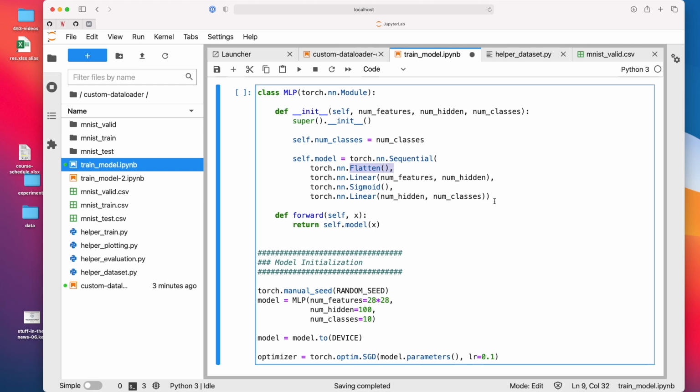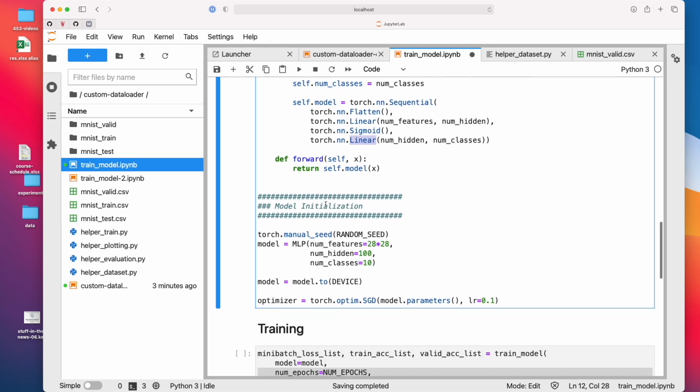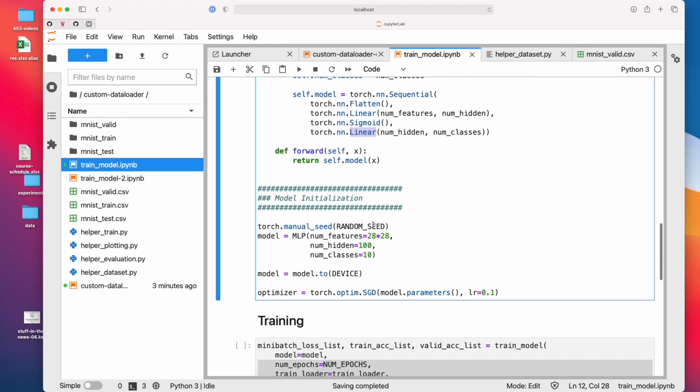And this is it. So here I'm using Sequential, so I don't have to do anything in the forward. It will automatically return the logits. This is a multi-layer perceptron with only one hidden layer. So this is the first hidden layer, then we have the sigmoid activation, and then we have the output layer. And then we would technically have a softmax, but we don't need it because the functional cross-entropy loss in PyTorch computes the softmax for us. All right, so this is how it works.